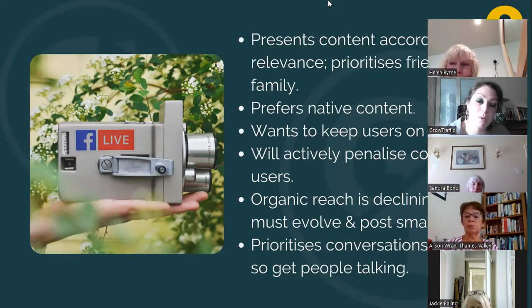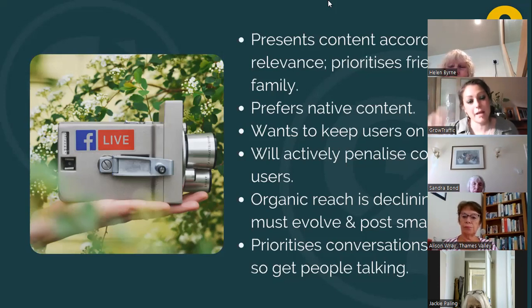But then for every post where I put the link on, I created a post without the link, and I just said, here are some photos of what I've eaten today. No link, not sending anyone anywhere else. So I'm giving Facebook what it wants, but also getting what I want, basically. The more you can create your content within the app, and the more you can keep people within the app, the better you will be rewarded.